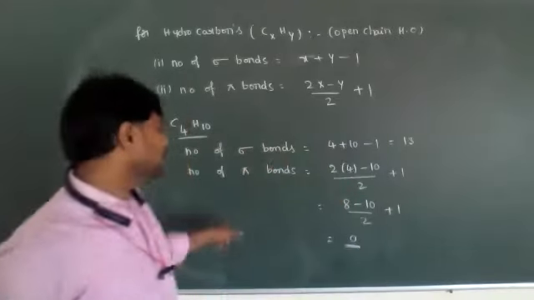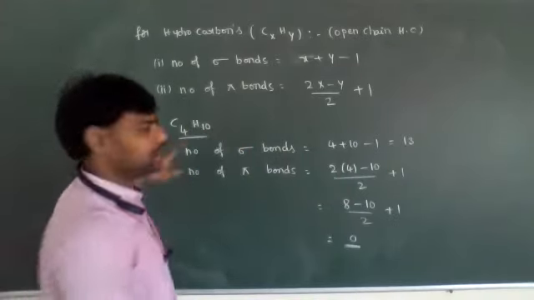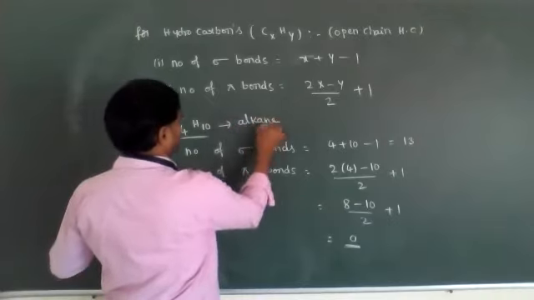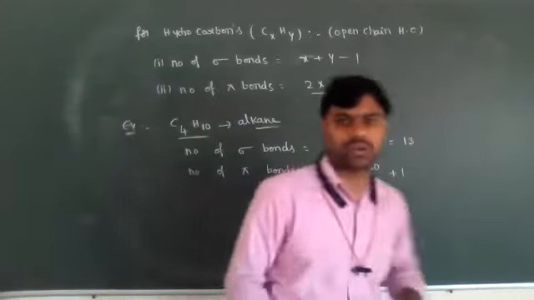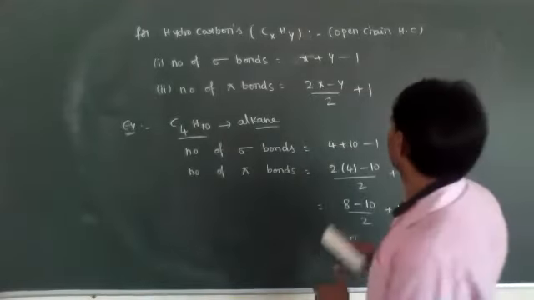Equal to 0 means there are no pi bonds. Only sigma bonds are present. Hence it is an alkane. Sorry, alkane. CnH2n plus 2 is the general formula. Okay. In the same way,